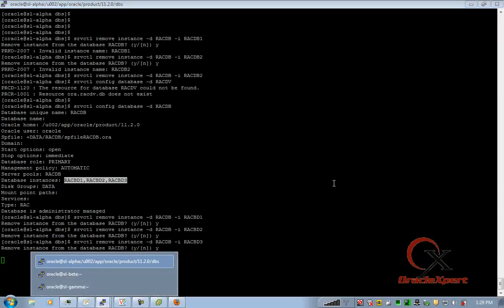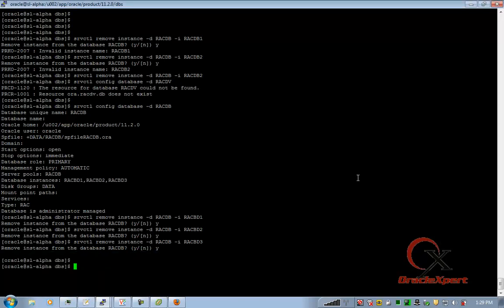That's why it was trying to look up for a parameter RACBD1 dot instance number, but we had RACDB1 dot instance number. I hope this time it is correct.